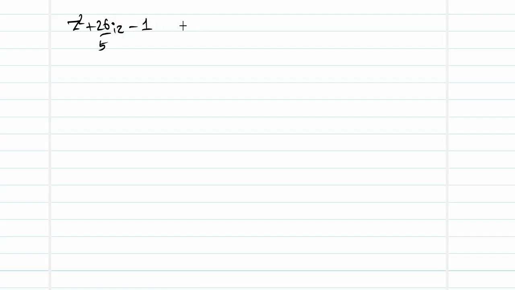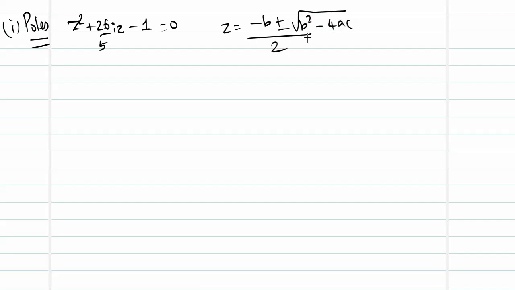This is my function. We will equate it to 0 to get our poles. So this is going to be my first step. So z is given by minus b plus or minus the square root of b square minus 4ac, the whole thing divided by 2 times a. So this gives me minus 26 by 5 times i, that is going to be my coefficient over here of z, plus or minus